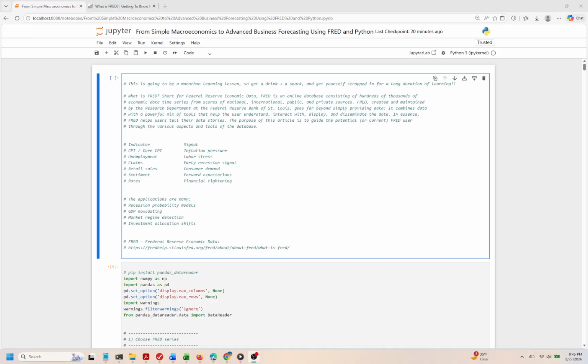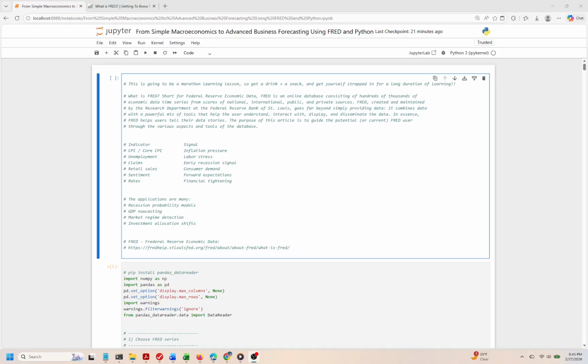The overview presents several economic indicators available through FRED, such as the Consumer Price Index, which signals inflation pressure, and unemployment metrics that highlight labor market stress. By examining these indicators, analysts can glean insights into the current economic landscape and anticipate future trends. For example, claims data can serve as an early signal of recession, while retail sales figures can gauge consumer demand, helping businesses strategize effectively. Sentiment data, on the other hand, reflects forward expectations about economic conditions, giving stakeholders a way